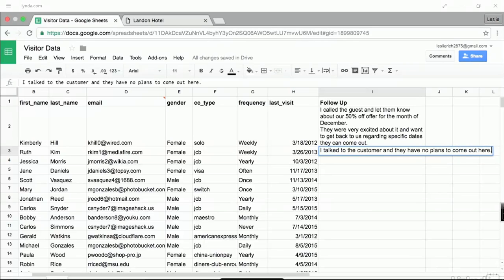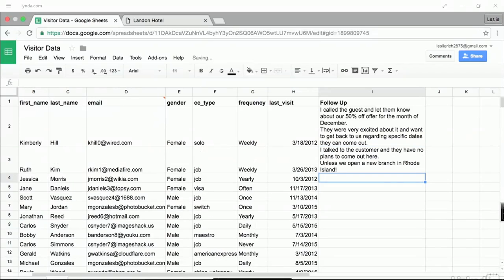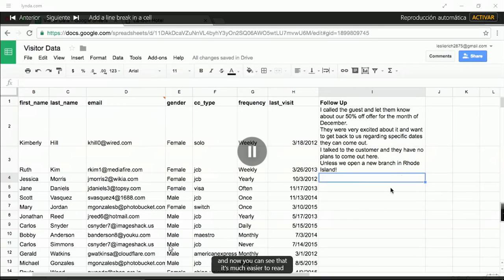I'll hit Control-Enter, and I'm on a new line. I'll hit the Enter key again, and now you can see that it's much easier to read because it has line breaks. So once again,